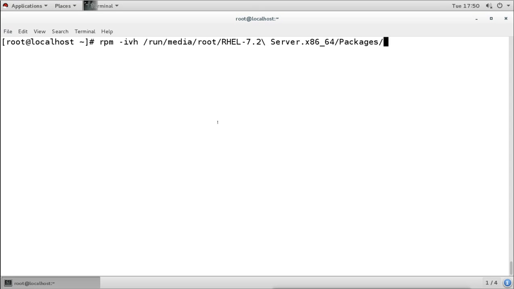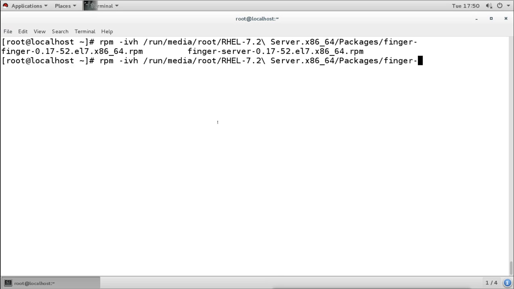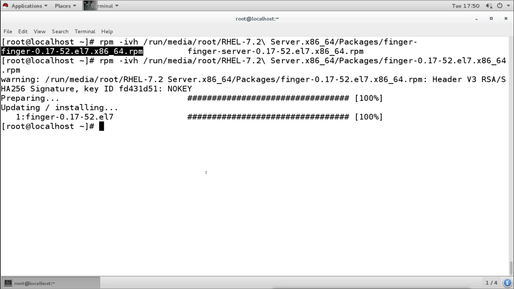We have these two, finger and finger-server. I want to install finger only, so I will mention finger, and it is now installed.